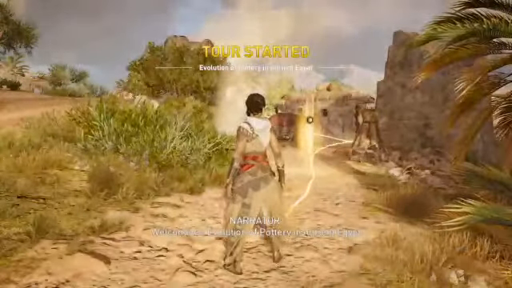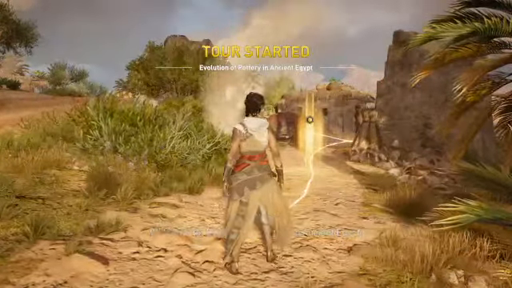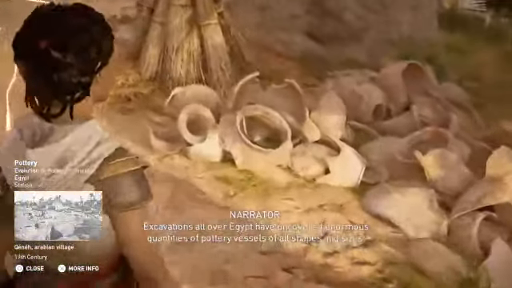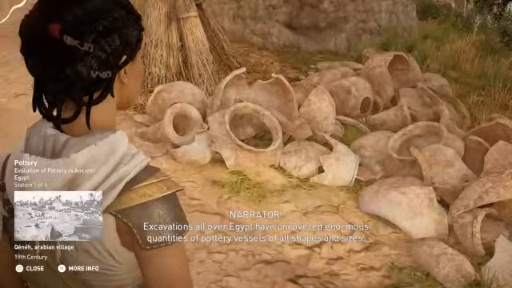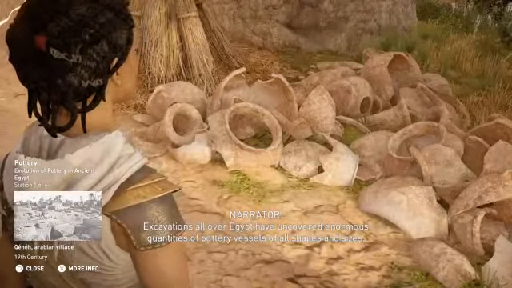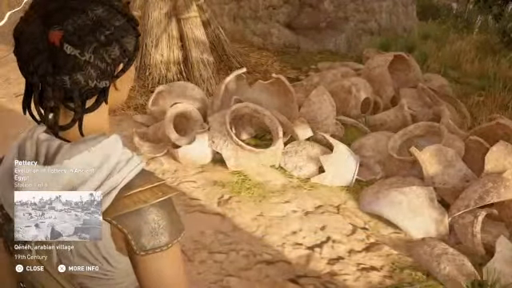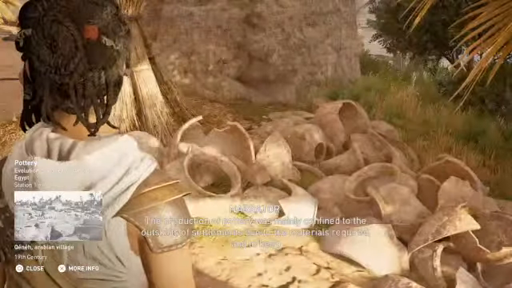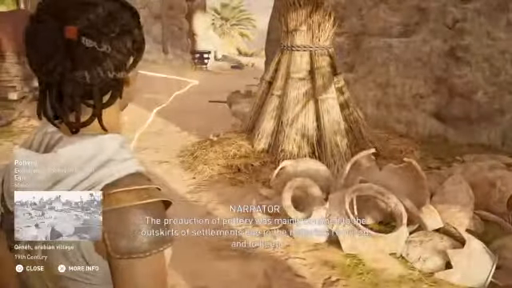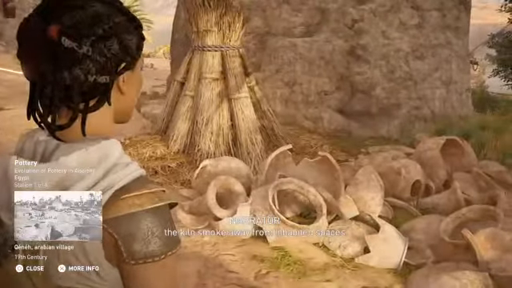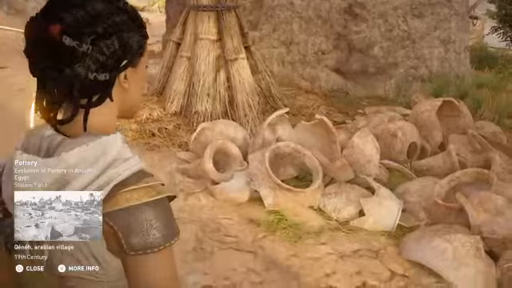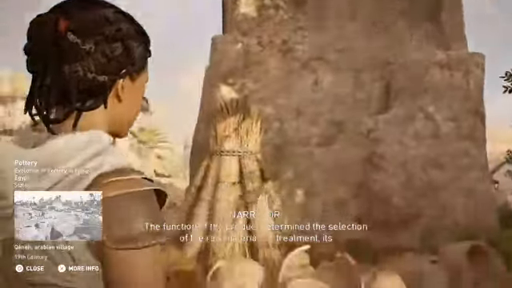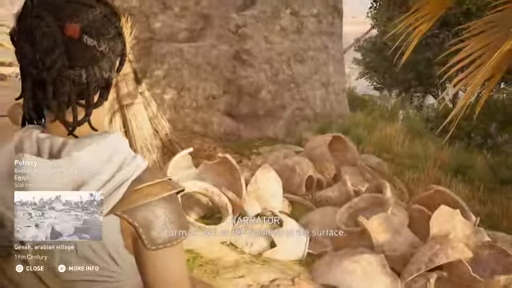Welcome to Evolution of Pottery in Ancient Egypt. Excavations all over Egypt have uncovered enormous quantities of pottery vessels of all shapes and sizes. The production of pottery was mainly confined to the outskirts of settlements due to the materials required and to keep the kiln smoke away from inhabited spaces. The function of the product determined the selection of the raw material, its treatment, its form, as well as the